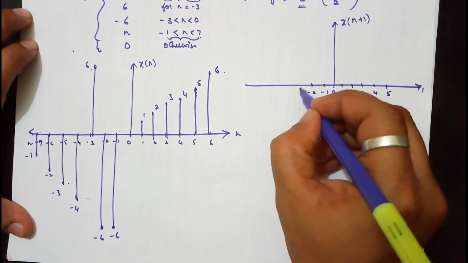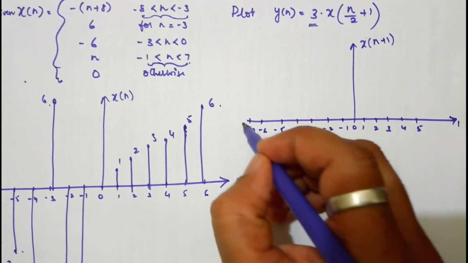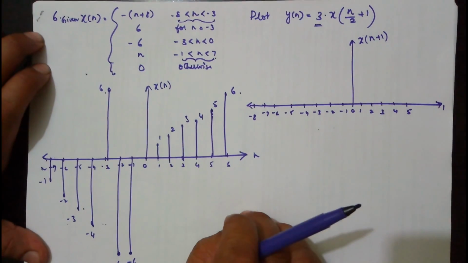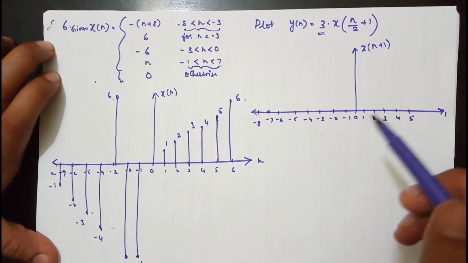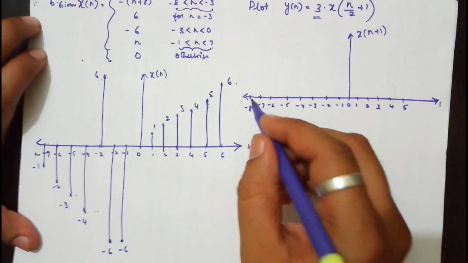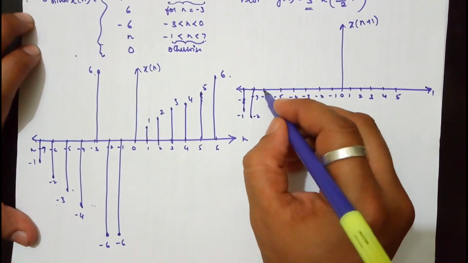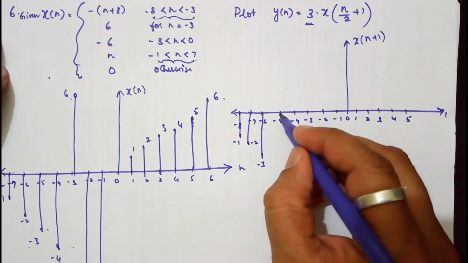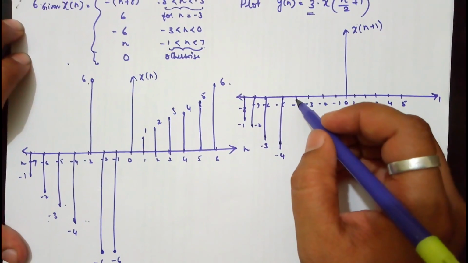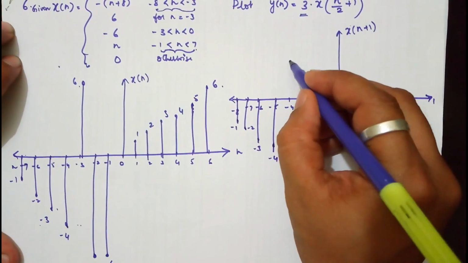0, minus 1, minus 2, minus 3, minus 4, minus 5, minus 6, minus 7, and you have minus 8, because my waveform is getting shifted left by 1. Now whatever is a waveform at 6 will come at 5, and whatever is a waveform at minus 7 will go to minus 8. So minus 8 amplitude is minus 1, then minus 2, then minus 3, then at minus 5 it is minus 4,